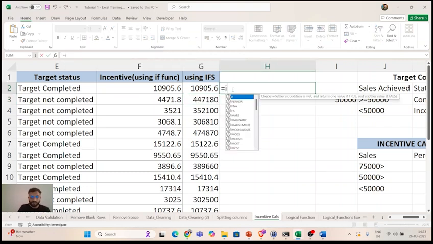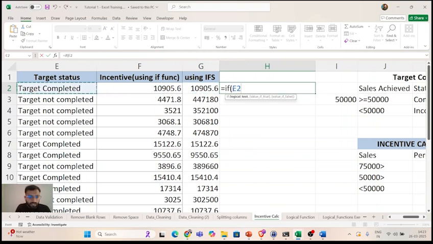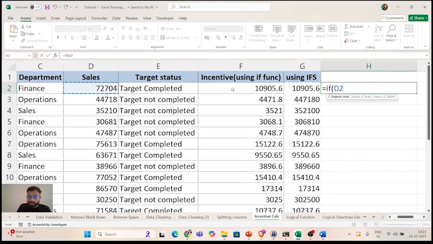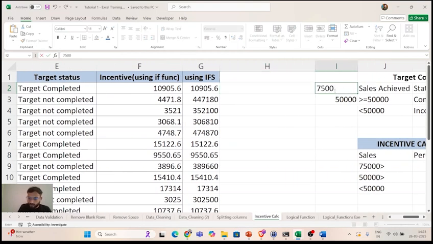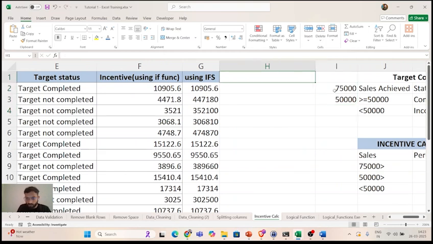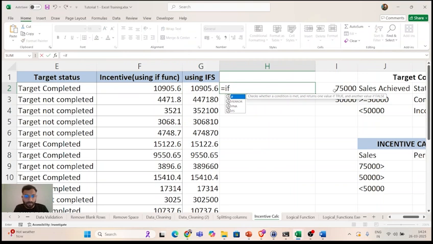If, see guys, follow along with me. If brackets, the first logical test will be sales. First let me write 75,000 here and 50,000. 50,000 is already written. Is equal to, if, please be very careful.